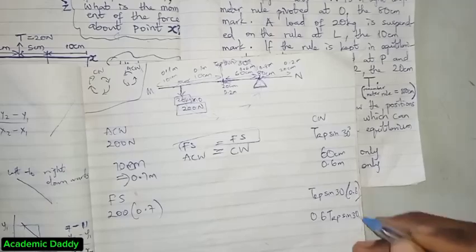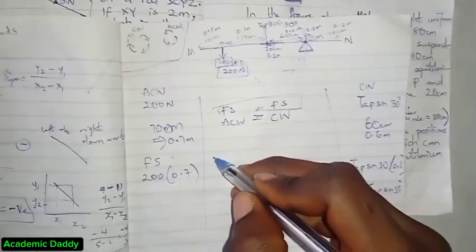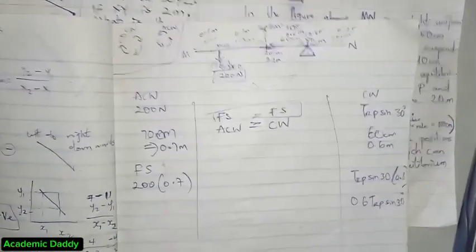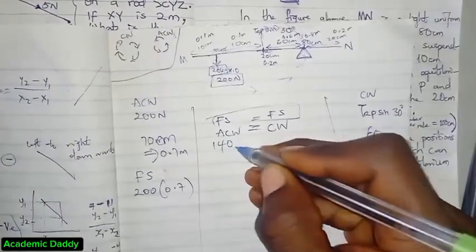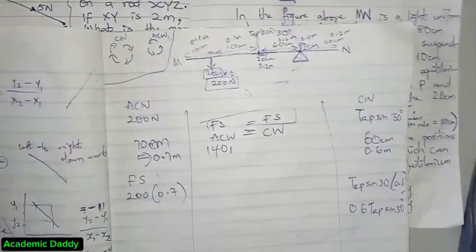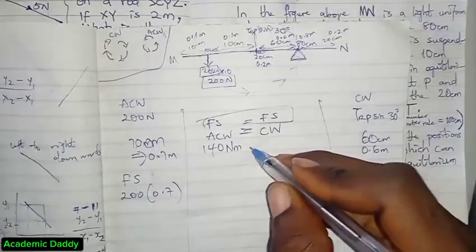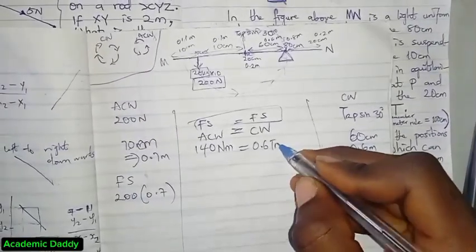Applying our principle, anti-clockwise 200 times 0.7 is 140 Newton meter, because the unit of moment is Newton meter, equals 0.6 TRP